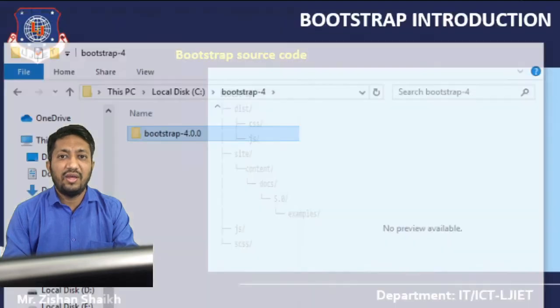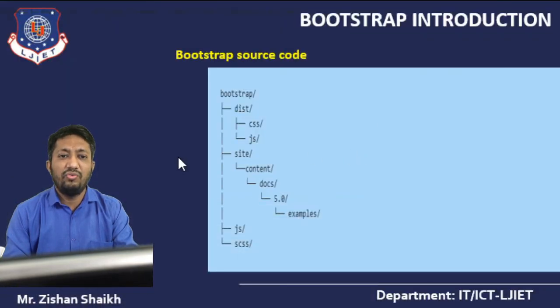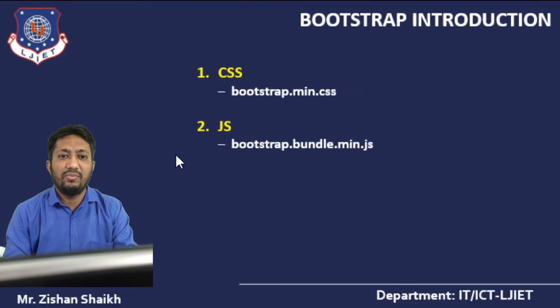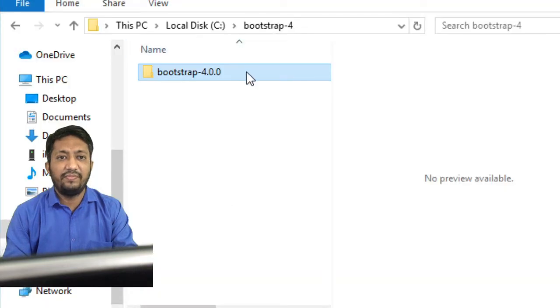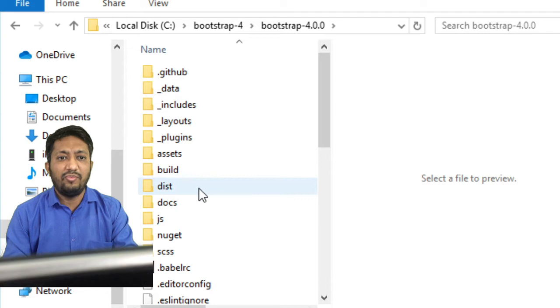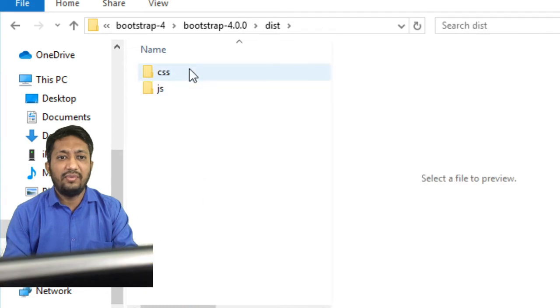I have already discussed the two main files used by Bootstrap. First is the CSS file, bootstrap.min.css, and the second one is bootstrap.bundle.min.js. Let's see both in our given folder. In Bootstrap I am opening this folder.